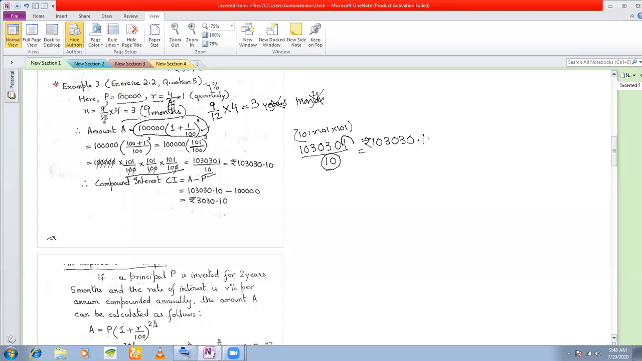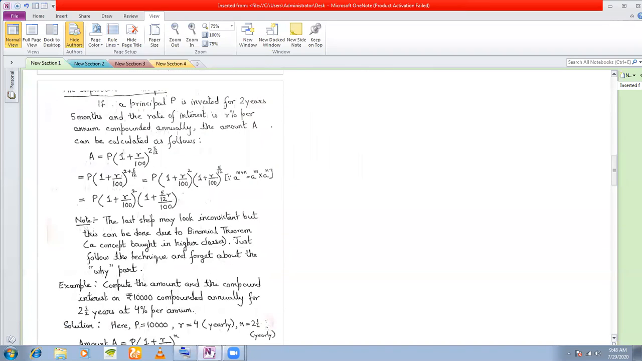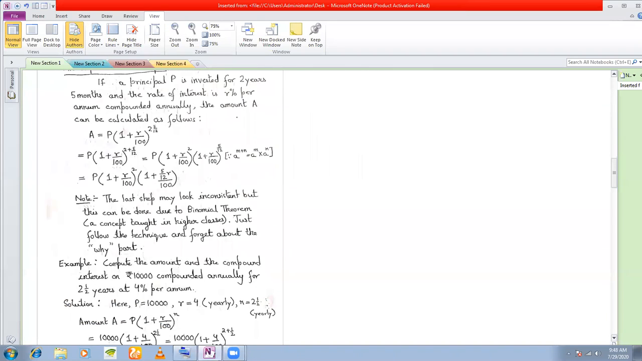Okay. So this is 1,03,030 rupees 10 paise. So I've got the amount. Now I've calculated the compound interest by subtracting the principal from the amount. Now, a very important technique that I have discussed here is, now if you remember last year, when